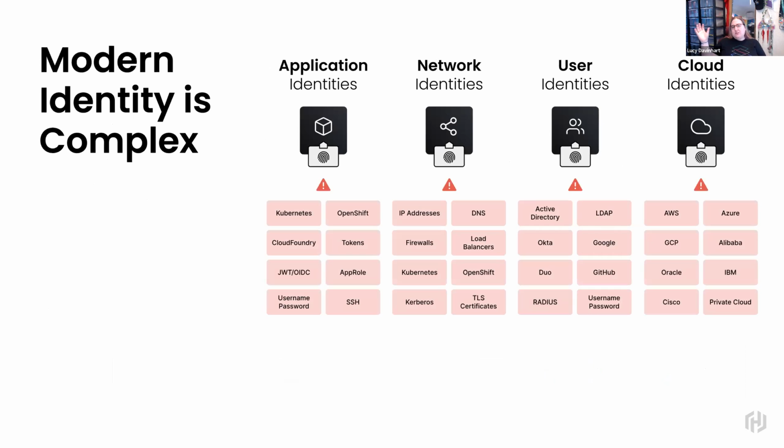And so the place where we start with this is this idea of identity. Identity is much more complicated these days in terms of the number of clouds, tools, and resources that have proliferated. It makes it much harder to secure applications, networks, and users. And so the challenge when it comes to implementing a zero trust strategy is that today we operate in a heterogeneous environment. We've got different computing platforms for infrastructure, different ways of architecting your machines. And so it becomes difficult to have a consolidated workflow across all of these environments.